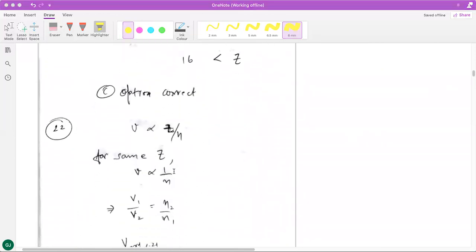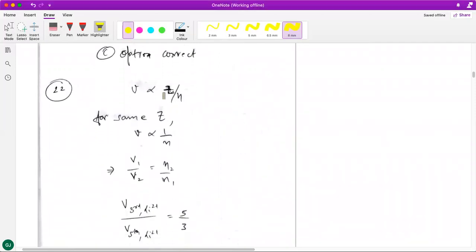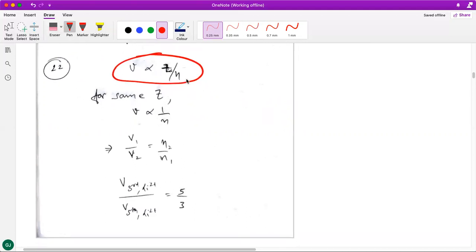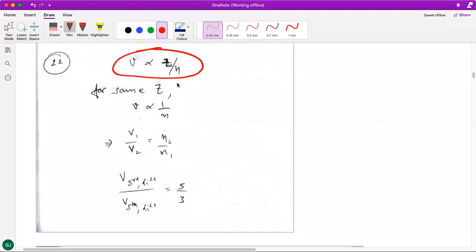Okay. 22nd question, ratio of velocity, right? I have told you in the class also through examples, when you are discussing such types of questions, don't get into the values and all, just notice the proportionality and use that to get the ratio. That's what we have done. We remember the formula from Bohr's model of atom, that v is directly proportional to Z by n, and then took the ratio.